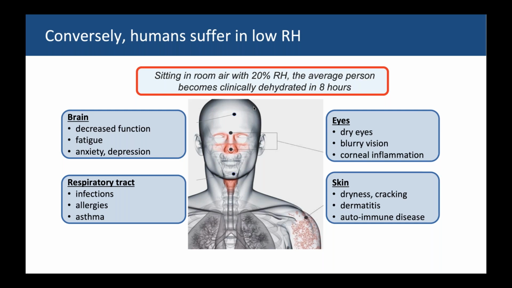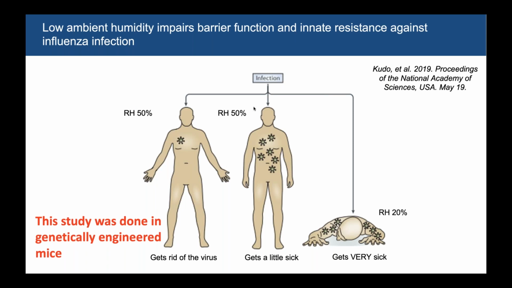So let's specifically focus on the respiratory tract since we're dealing with respiratory disease right now. What happens to the human respiratory tract in low relative humidity? Dr. Iwasaki at Yale published this study last May, just about a year ago. She used genetically engineered mice that have the same immune response as humans to influenza A. And she said, why is it that we get the flu in the winter? Why is it in low relative humidity situations do we get more sick than we do in a moderate relative